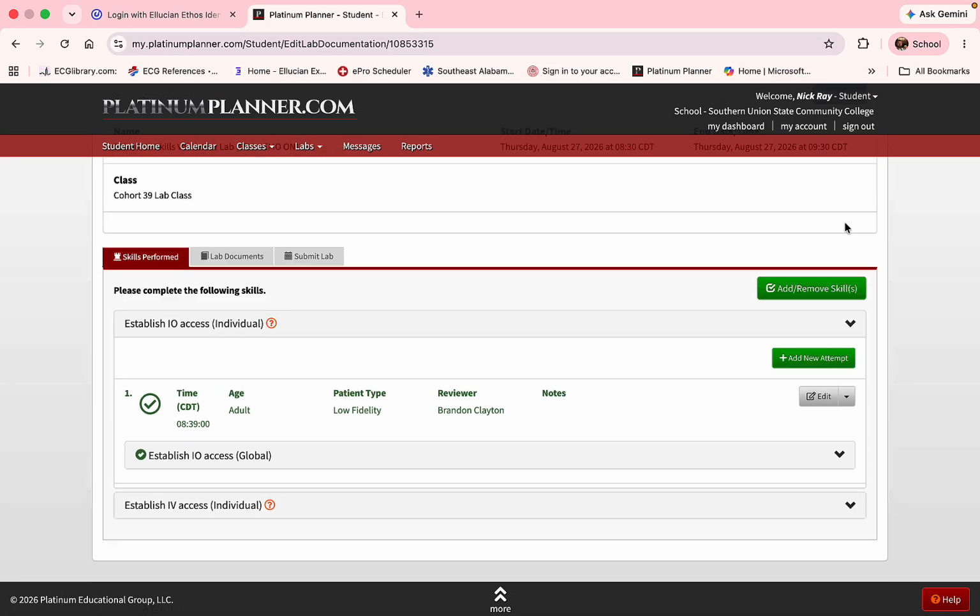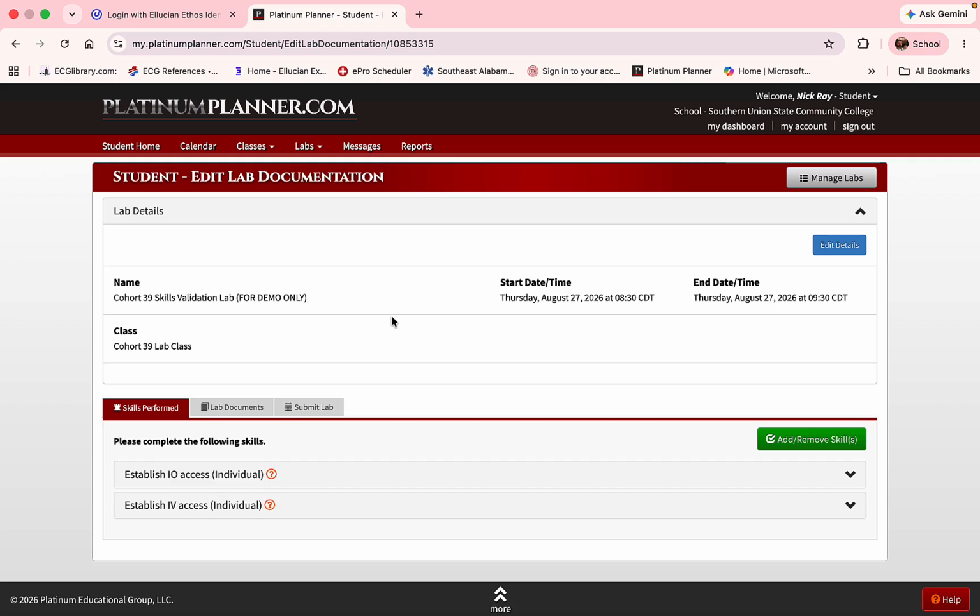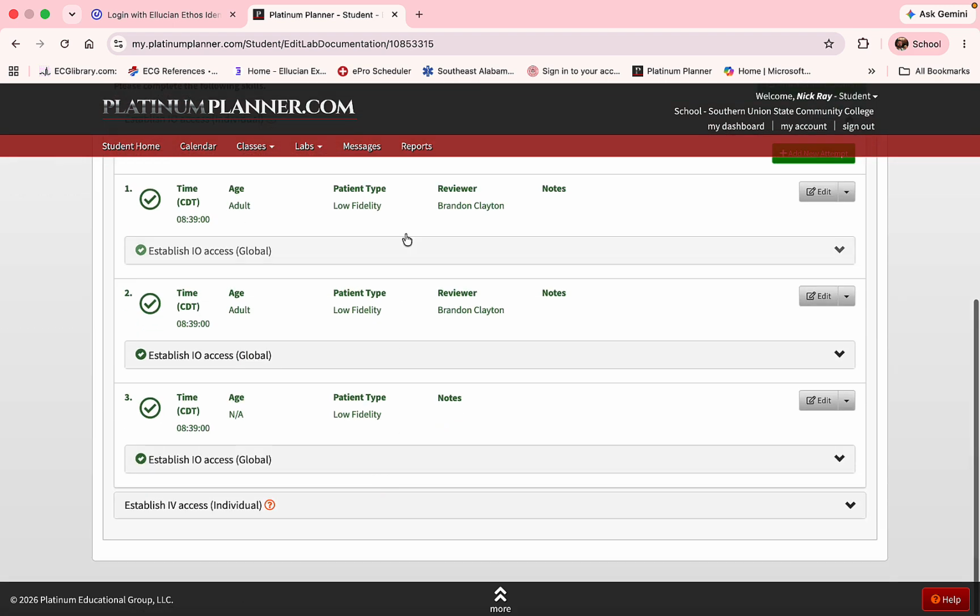All right, now let me make sure that you understand these are not the only 2 skills that you've got to document for skills validation. These are the only 2 that I'm going to document. There are some skills that don't have a skill sheet attached to them, and all you have to do is just click successful. Put the evaluator's name in there and click successful. And then once you get all of your stuff in and you know that you've got an instructor checkoff and 2 peer reviews,